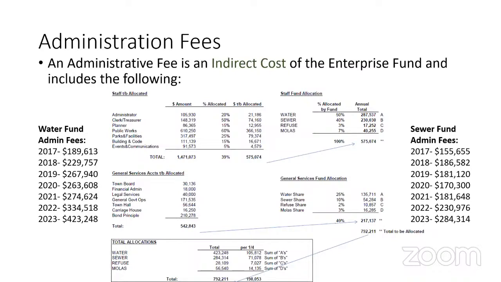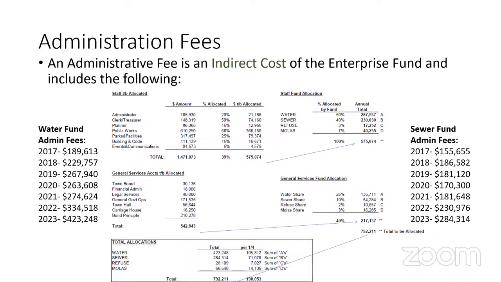John and I have talked about these administration fees and we don't think they serve us probably like they did in the past. So we don't see parks and facilities justifying 25% of that cost. We just don't see that. And you can see this is a huge line item that gets added into the general fund.